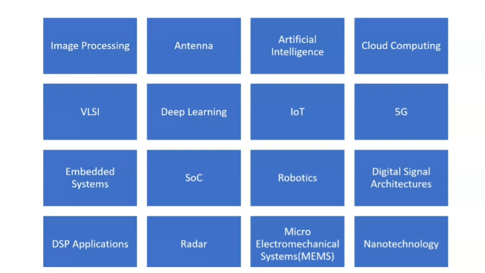So these are some areas which you can use for searching the paper. You have to type these areas and you will get a lot of papers. Where you have to type and where you have to search, I'll tell you next. If you have not yet got any idea regarding how to search for your seminar paper, then you can make use of these areas. If you type these areas, you will get thousands of papers. From these papers, you can filter some papers, read some abstracts, and then choose the appropriate one for your seminar presentation.